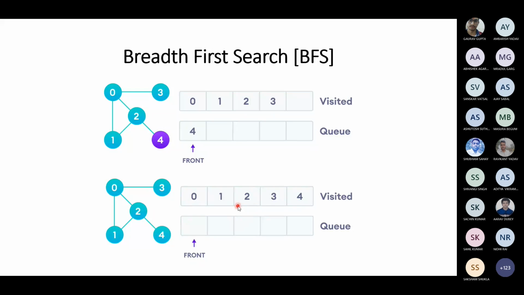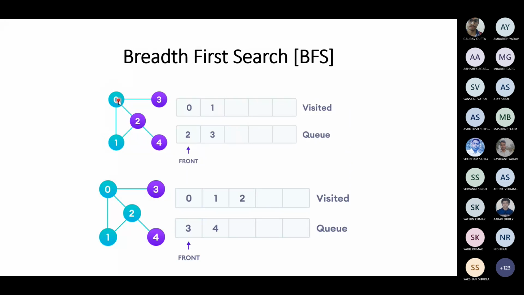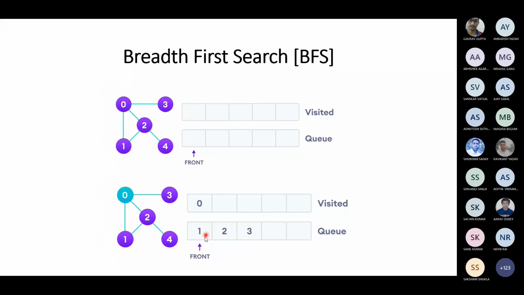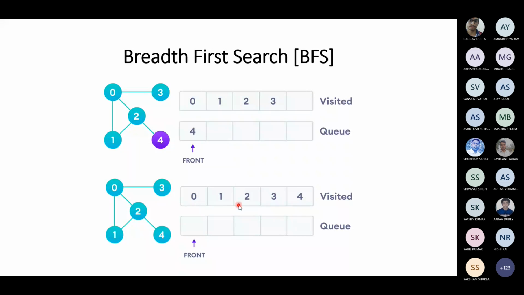Again, this traversal depends on how we are storing the elements in the queue. You chose to insert 1, 2, 3 in the beginning, but if you chose, you can insert 3, 2, 1, and then the order could be 0, 3 and so on and so forth, in that order only. But 4 will be coming after 3. When you are using a queue data structure, you are doing the breadth first search. Is this clear?